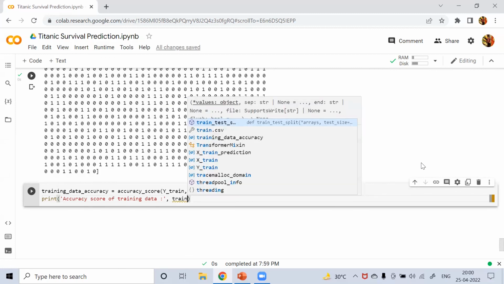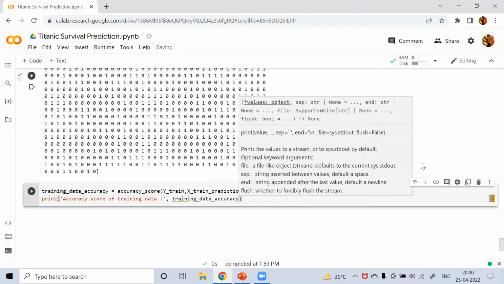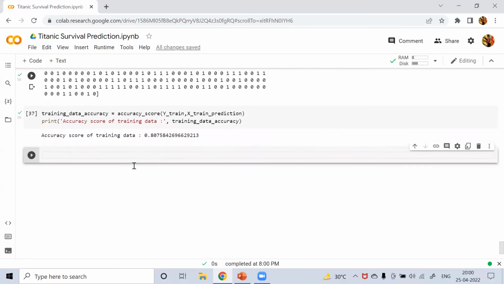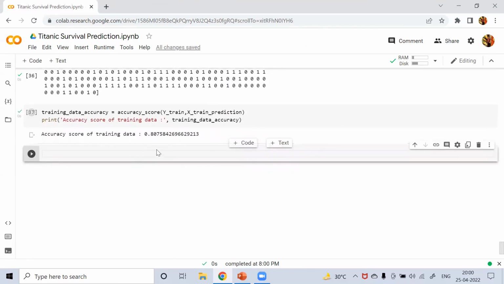We'll pass training data accuracy here. So we can see that the accuracy of our training data is coming out to be 80%, which is quite good. So let's proceed with the same step and calculate the accuracy on the test data.